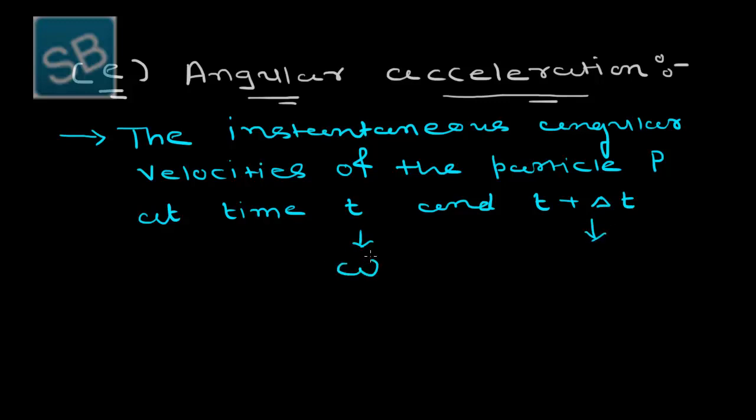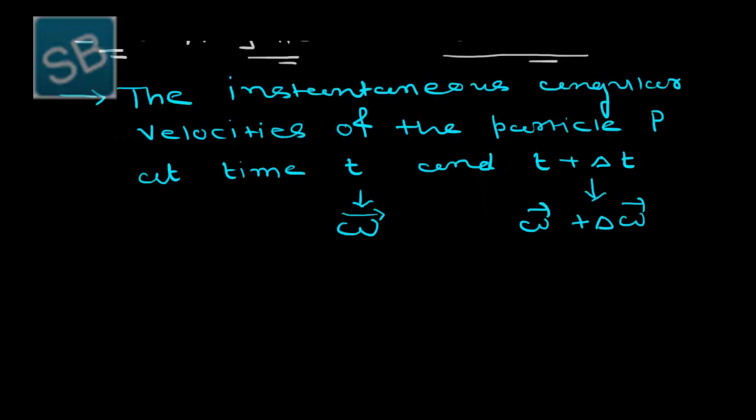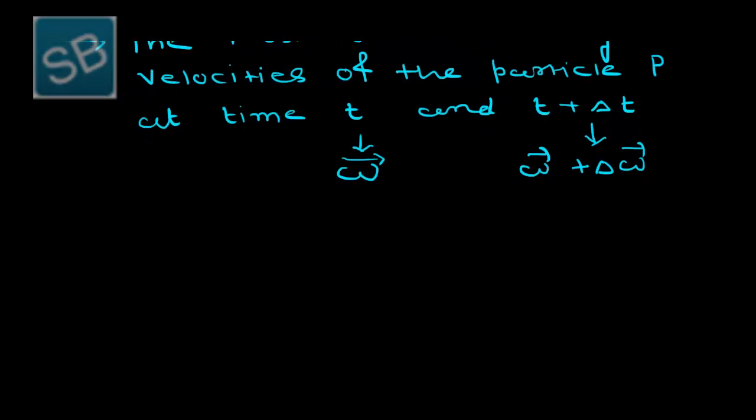At time t the instantaneous velocity is omega vector, and at time t plus delta t the velocity is omega plus delta omega. So by the definition of average acceleration,